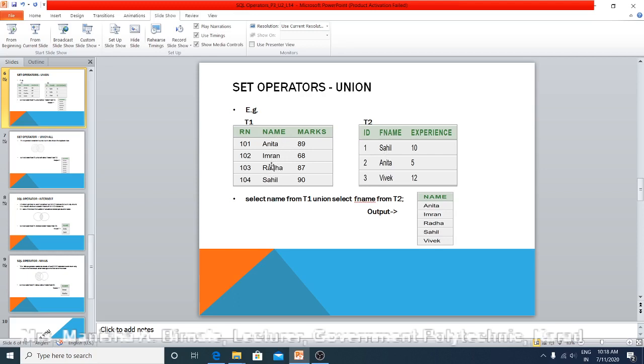The first table has these four records. Four names are present in the first table. But the names Anita and Sahil are present in the second table also. So what will it do? It will display only Imran and Radha, because they are present in the first table but not present in the second table.